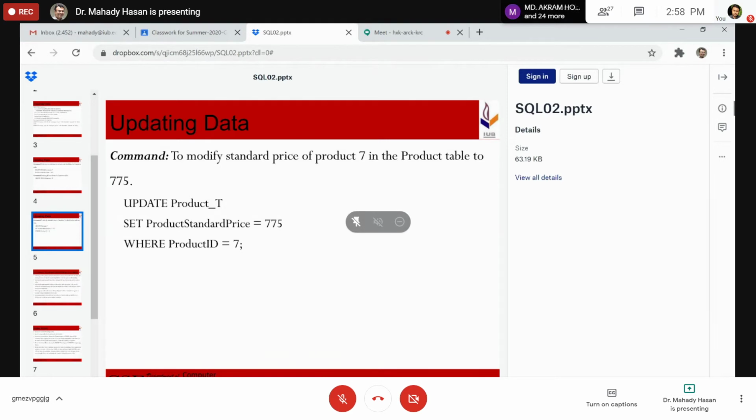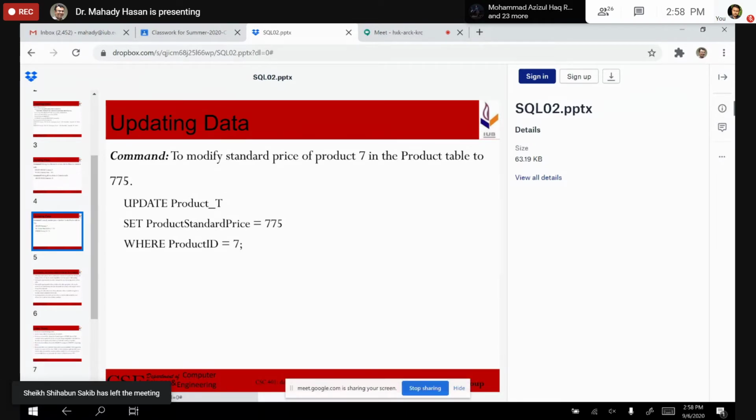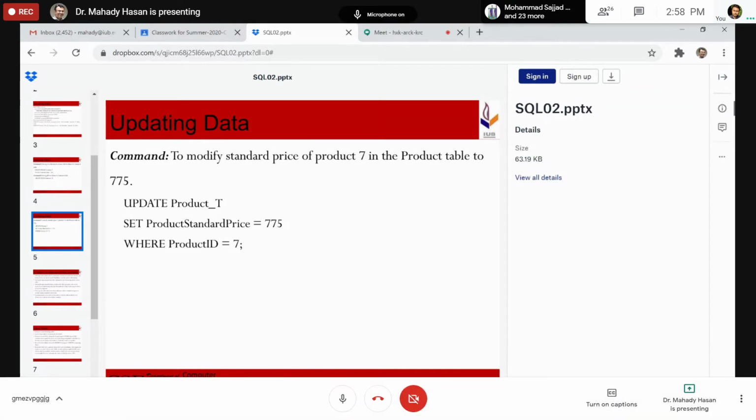Sir, when product ID is 7, the product standard price has been set. Very good. That means you are changing the product standard price, setting it to 775 when product ID equals 7. Make sense?